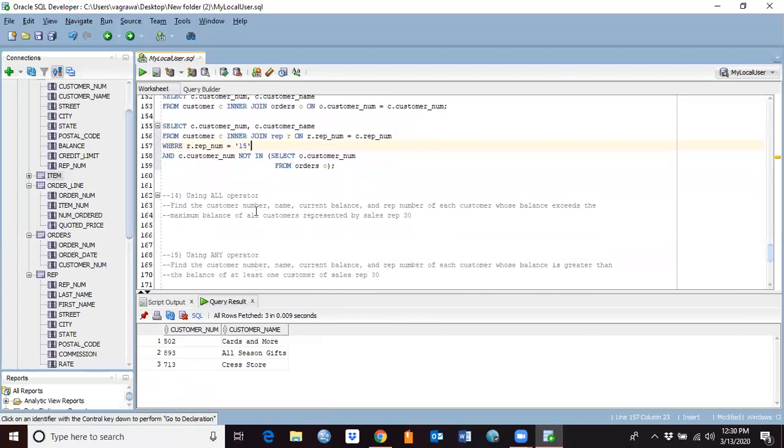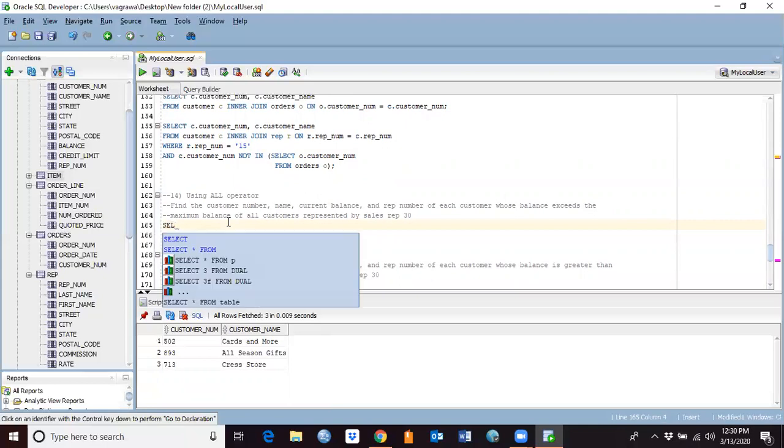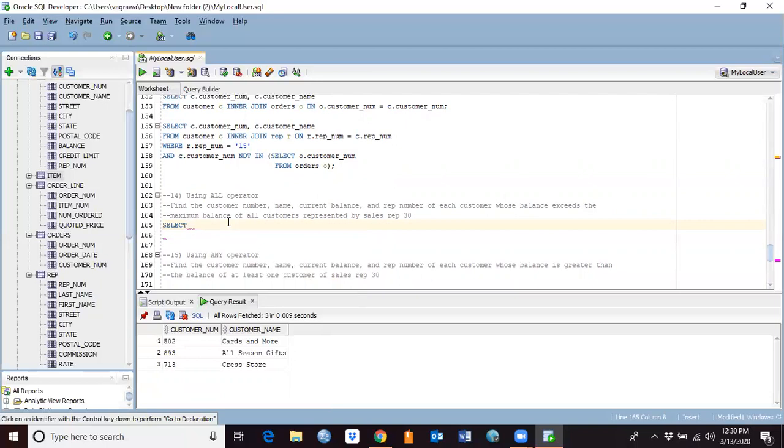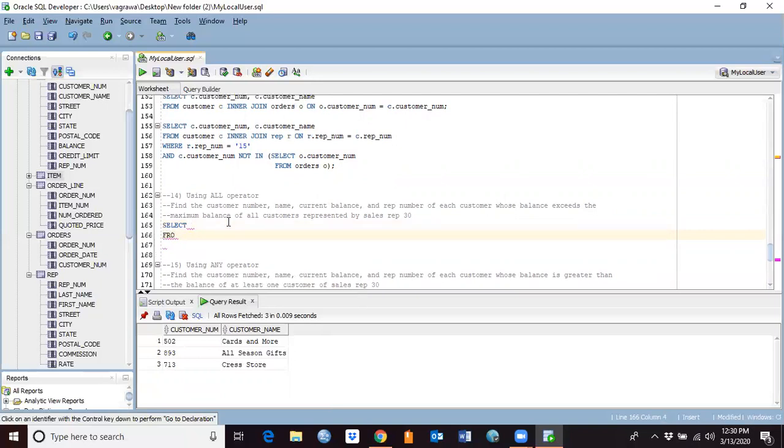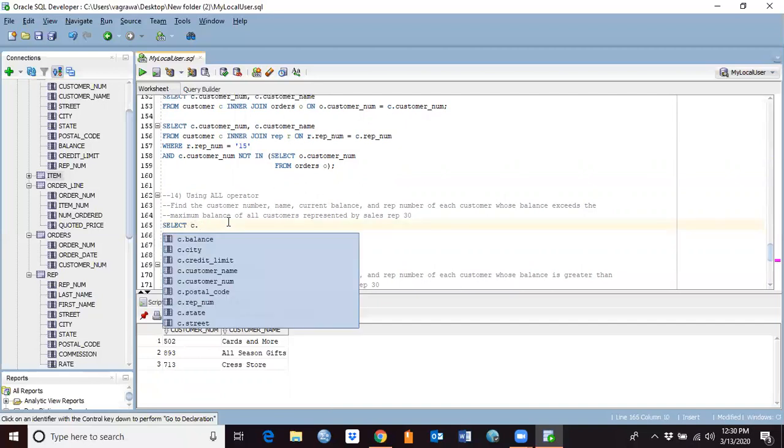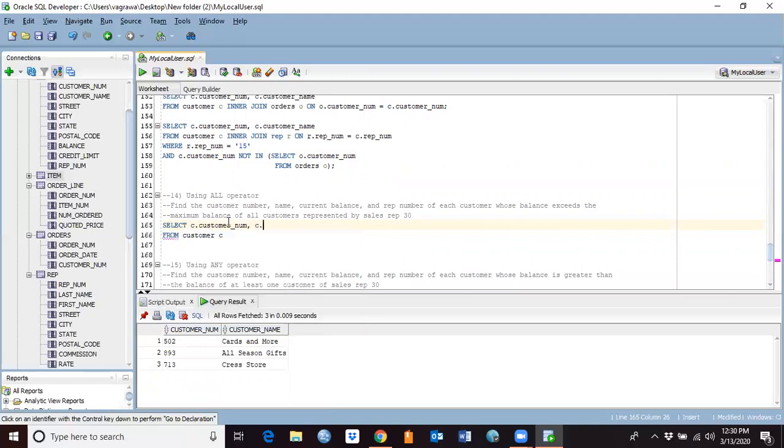Moving on here, using the ALL operator, find the customer number, name, balance, and rep number for each customer whose balance exceeds the maximum balance of all the customers represented by sales rep 30. Okay, so let's do this one. I'm going to use my typical way of doing it, which is, let's say, a subquery. Select from customer C. So we'll say C dot customer number, C dot customer name,